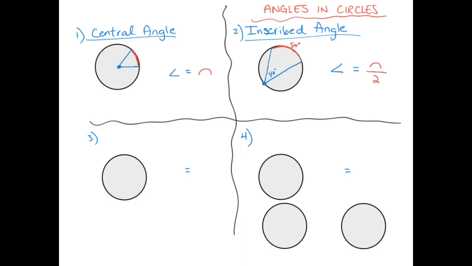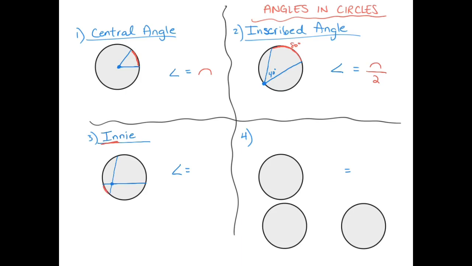The first one over here, example number 3, I don't think this is the real name, but I call it an innie, like a belly button. This is an innie angle. It's formed by two intersecting chords. So those two chords intersect, and that's not at the center like a central angle, but it's also not on the circle like an inscribed angle. It's somewhere in the circle. So I call it an innie. And the angle on an innie angle